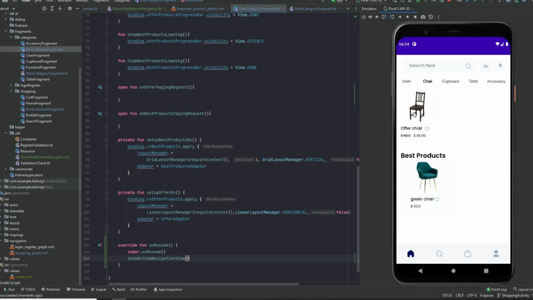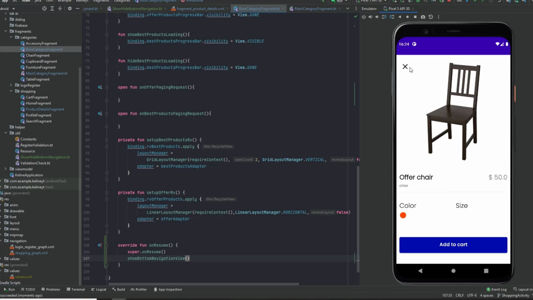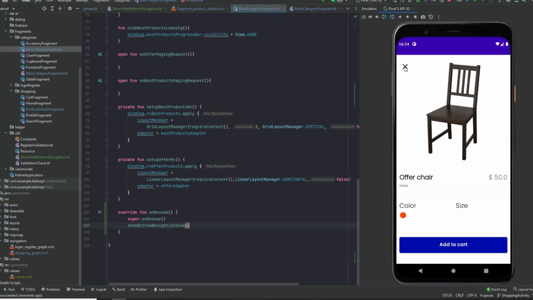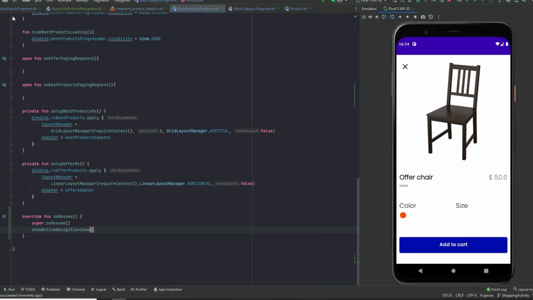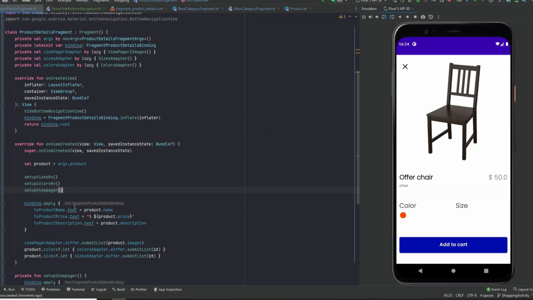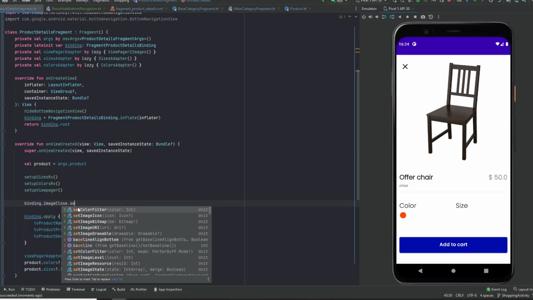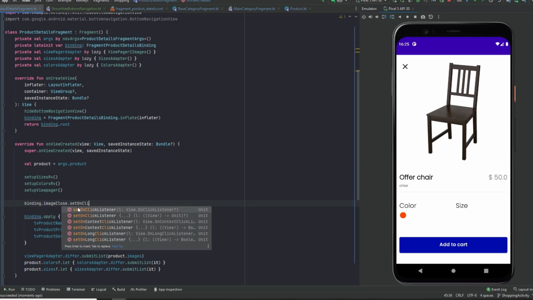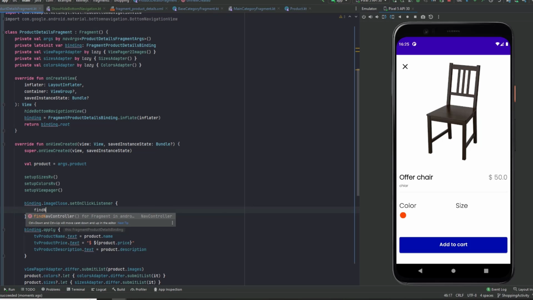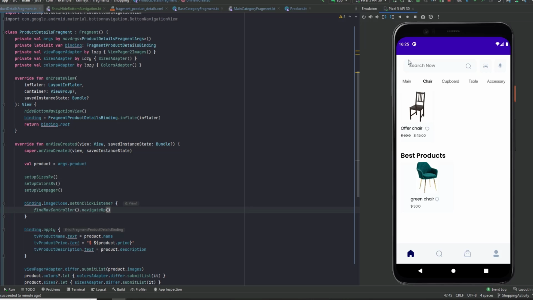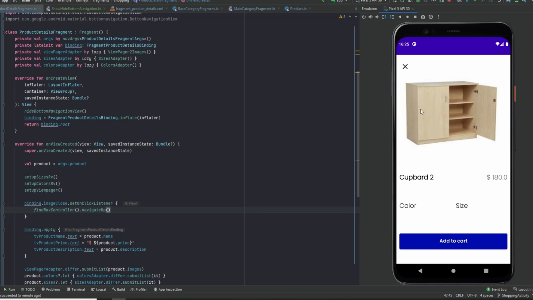Go to chair, click on here. As you can see, we are able to see all information about that chair. Only have one picture. Let's actually set click listener on this close icon, because I forgot to do that. So product details fragment, and in here we can say binding.imageClose.setOnClickListener. Can say findNavController.navigateUp. So let's go back, go to cupboard for example. As you can see,